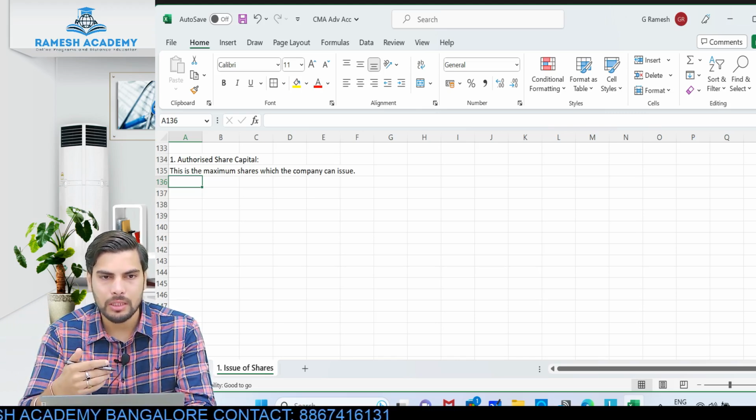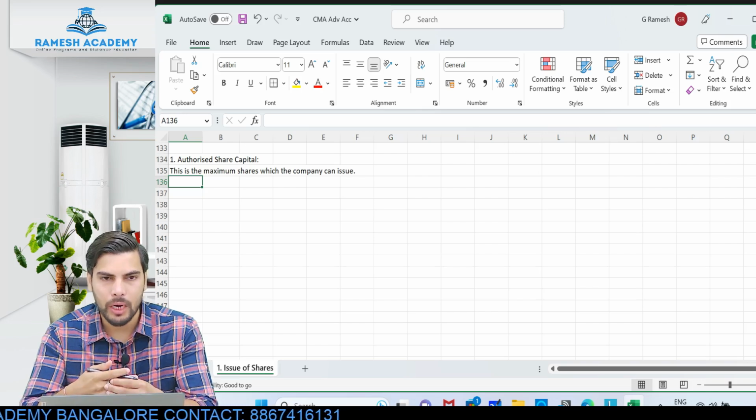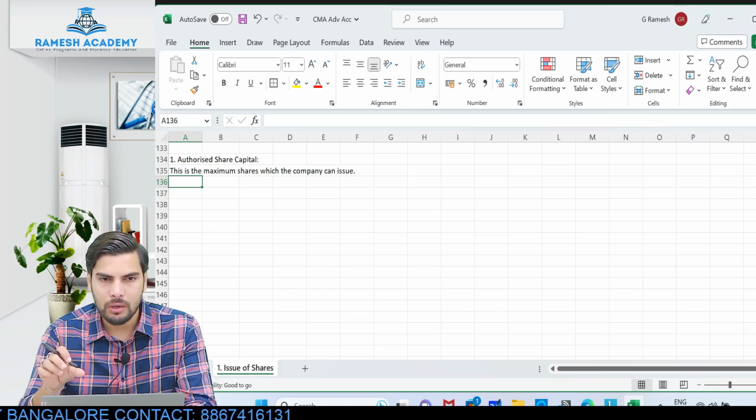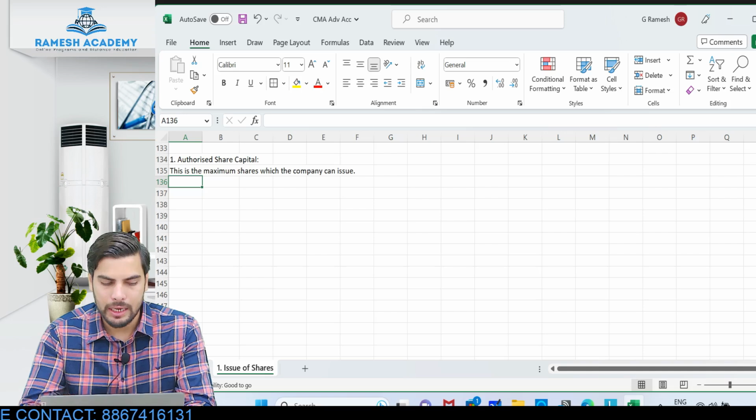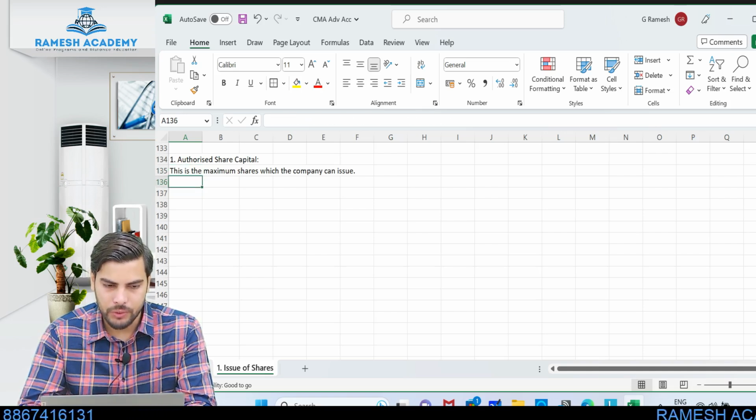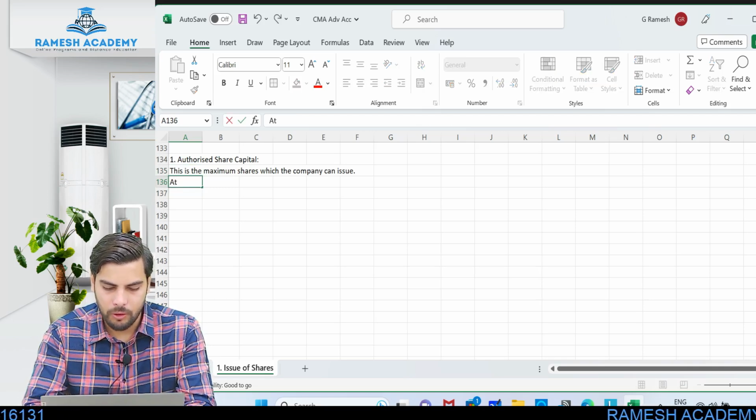While drafting this particular memorandum of association, in one of the clauses, that is the capital clause, they would have mentioned, okay, this is the maximum fund which will be raised from the public. So this is the maximum shares which the company can issue. So at no point of time